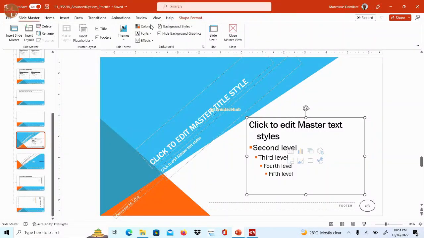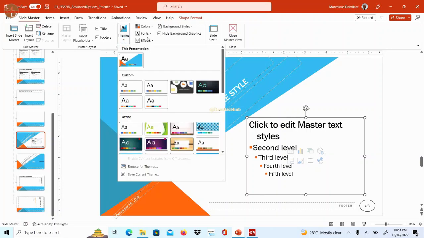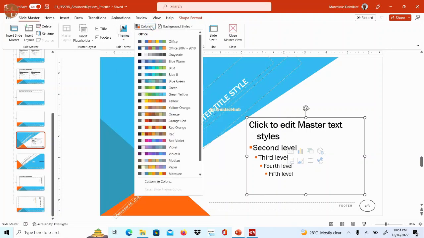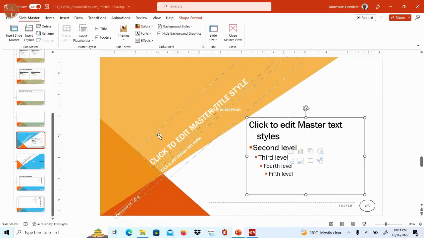If I want to change the color, I can come in here and pick any theme of my choice, or simply pick a color theme. As I'm picking it, you can see the color scheme is changing. The moment I click on this, the whole color has changed. So if you see a template and you like the template but you don't like the color, just come to your slide master and change the color